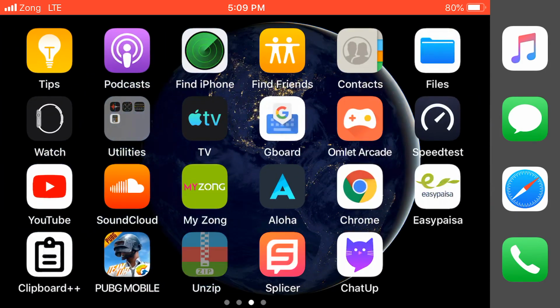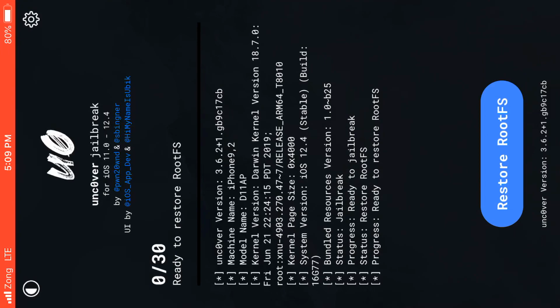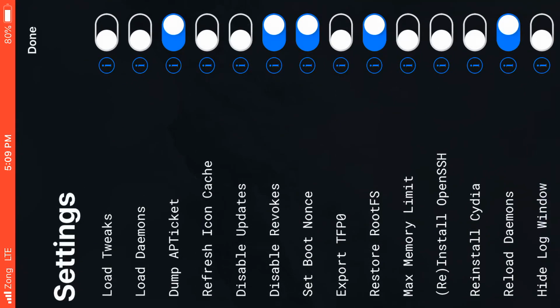tweak from Unc0ver. So just settings, and carefully untick these options, especially disable updates. This will be enabled by default, you have to disable it. Okay, then click